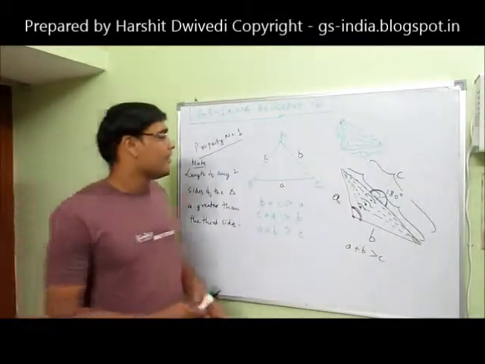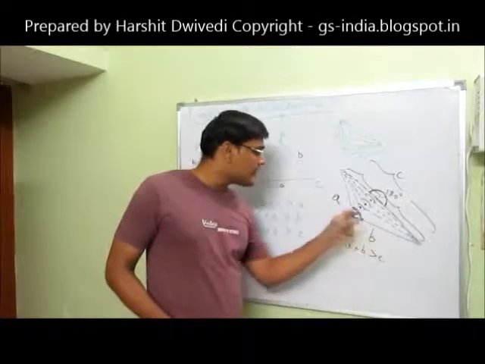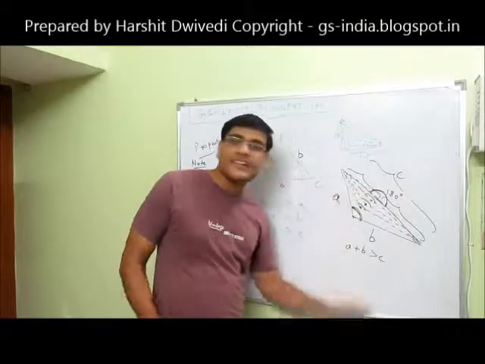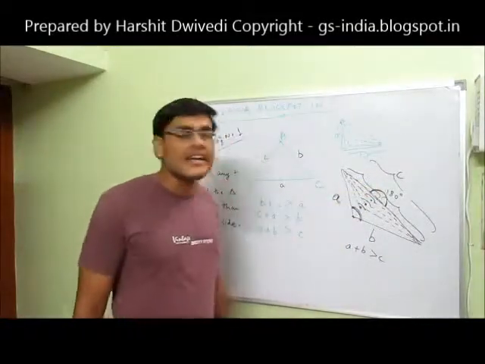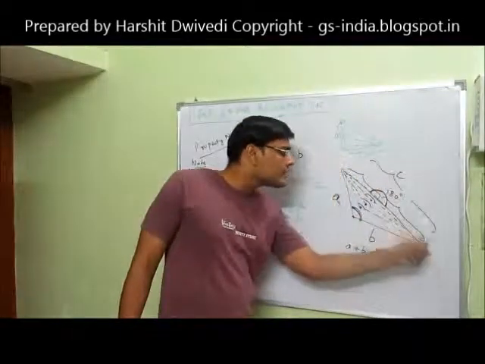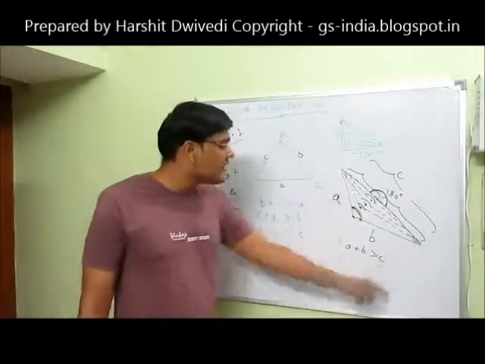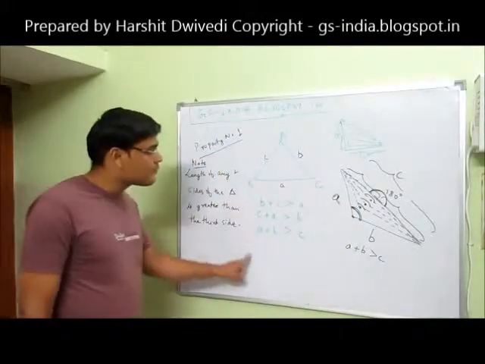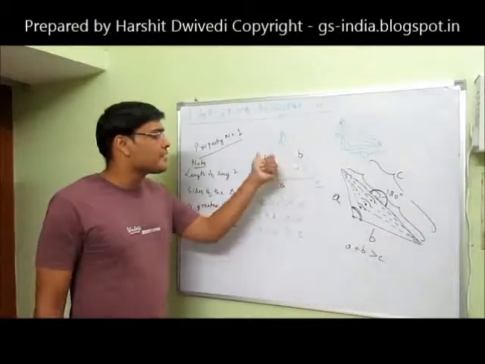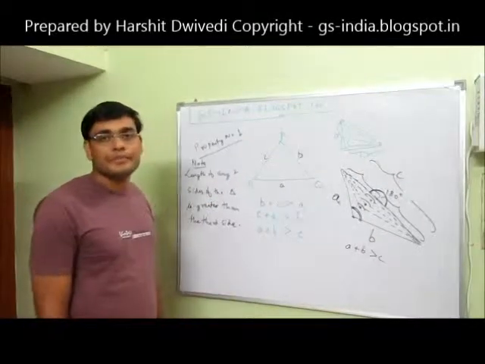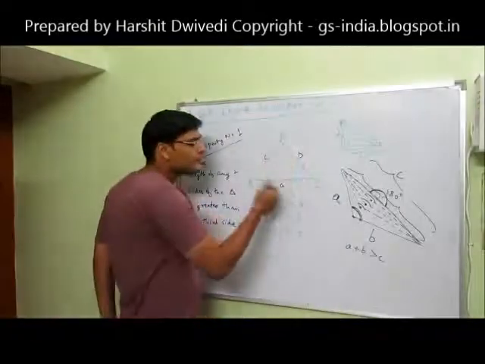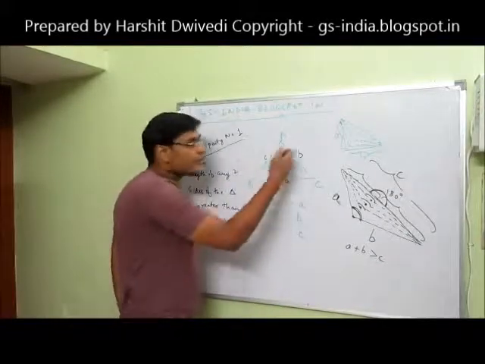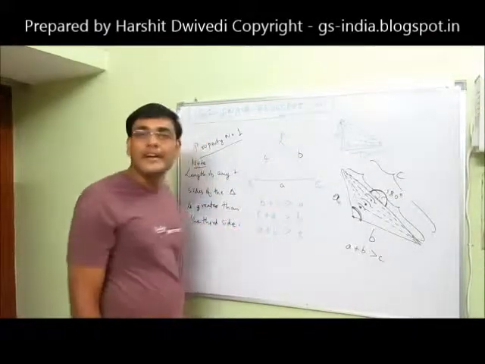Very simple. This line segment A, this line segment B, this is some angle. As I move this line segment inwards, the central angle is increasing, and when this angle becomes 180 degrees, the sum of these lines will be equal to this straight line C. But in this case, the sum of these two lines A plus B has to be greater than C. That is why this theorem says that B plus C is greater than A, A plus B is greater than C, A plus C is greater than B. Because if C plus B has to be equal to A, then this angle has to be equal to 180 degrees. If C plus A has to be equal to B, then this angle has to be equal to 180 degrees.